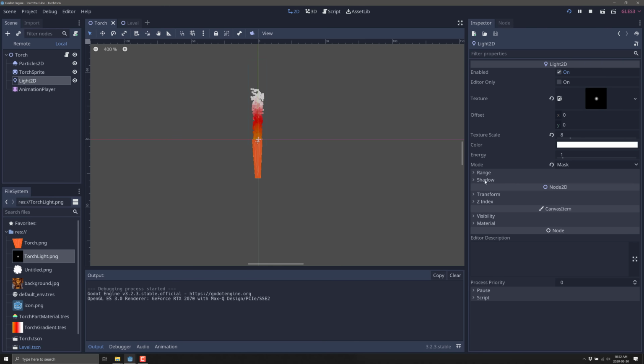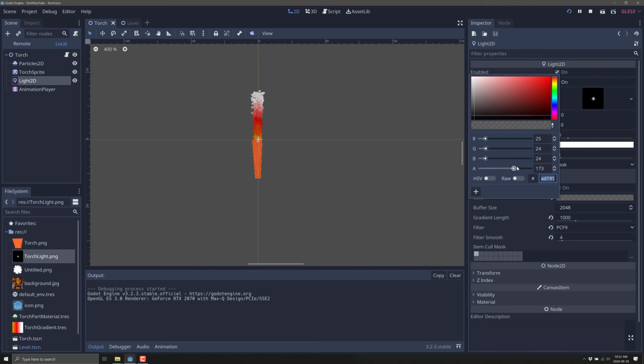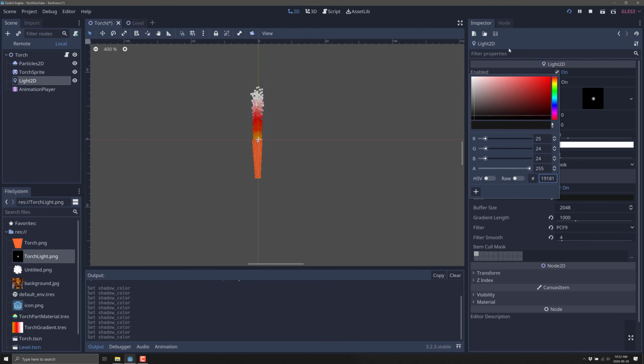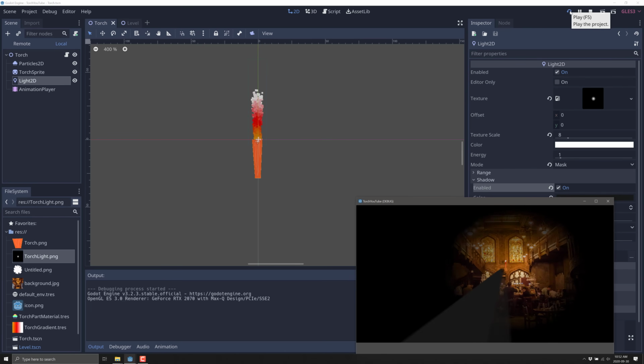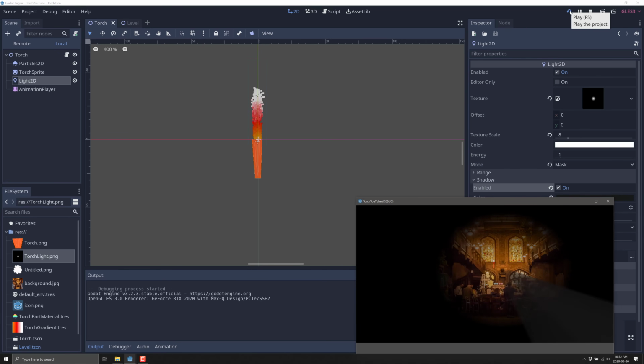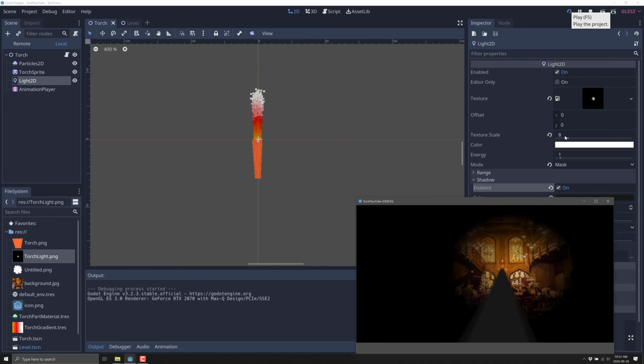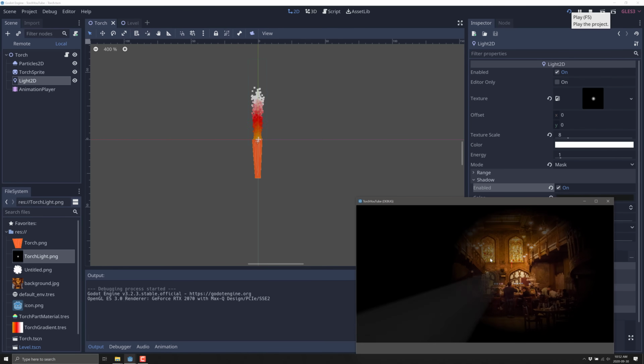So for example, I could come in here and I could set this up to full opacity, straight out black. And it's going to be pretty harsh, to be honest. So let's go ahead. We'll set that in there. And there you can see a very sharp effect of that lighting from hitting that occluder. And you see, so your torch isn't being made past that. So if you had like a wall in the way or something, you could use these light occluders to make it so that that light doesn't get past them. Now you're going to probably want to play with it so that it isn't such a sharp edge, etc.